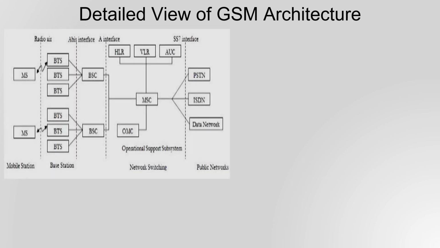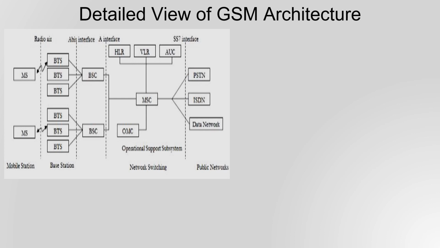So the detailed view of GSM architecture can be represented like this. These are all the various components present in the entire GSM architecture, and we already know that MS stands for mobile station, which we actually have in our hand. It is not always possible for us to install one single base station which covers a very large geographical area. So in order to solve this problem, the large geographical area, or cells, is further classified into small regions, which we call sectors,